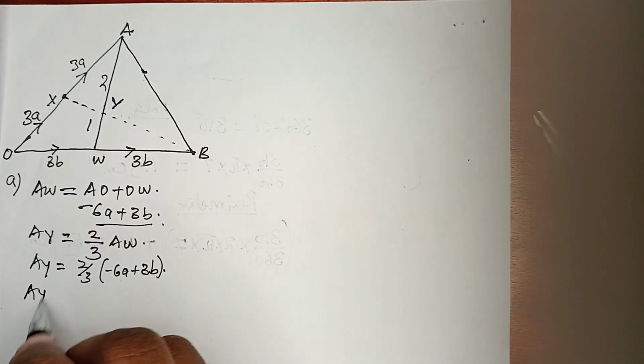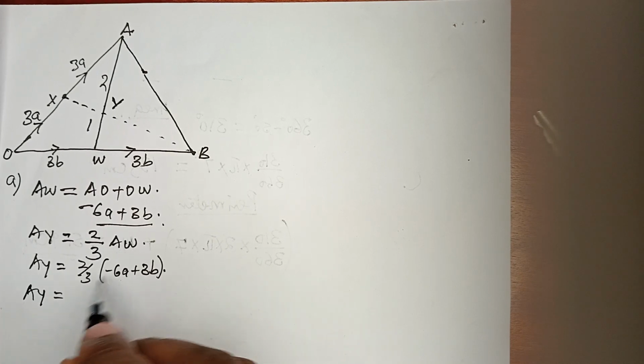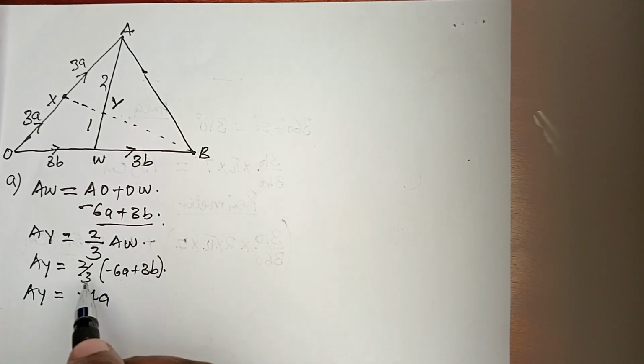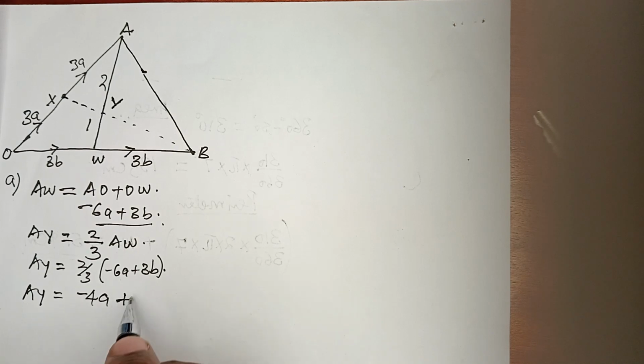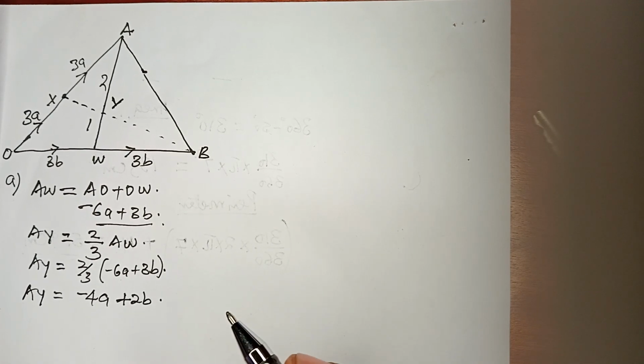Opening the brackets, 2/3 times minus 6A is minus 4A, and 2/3 times 3B is plus 2B. And that is now vector AY. So now we are expected to